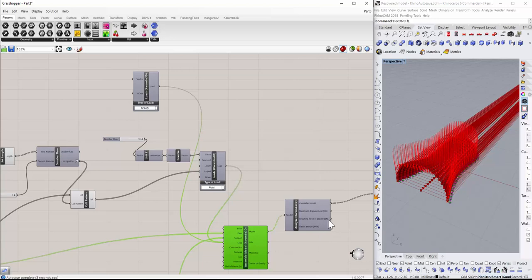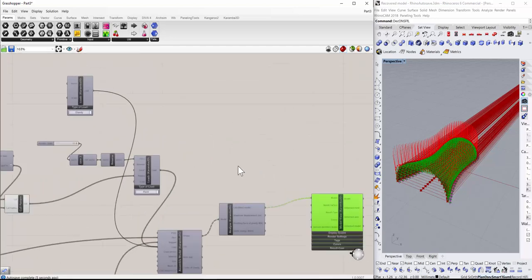So now as you can see here, the assembly model